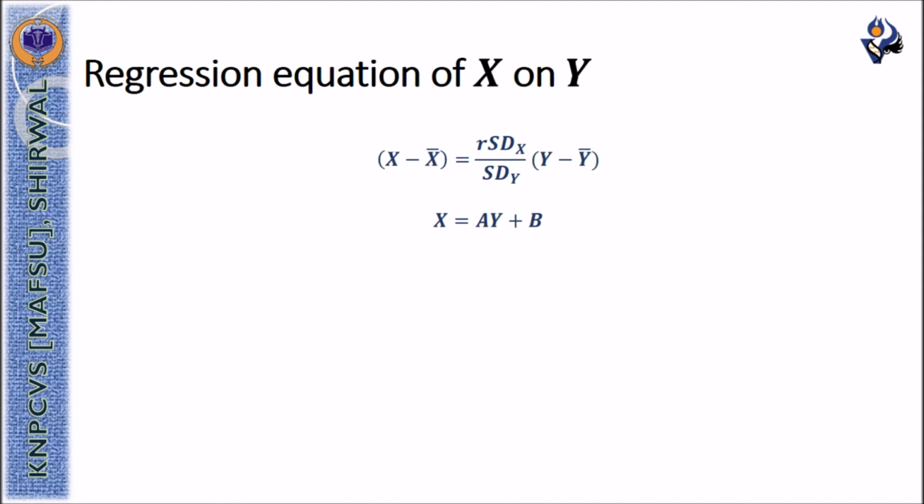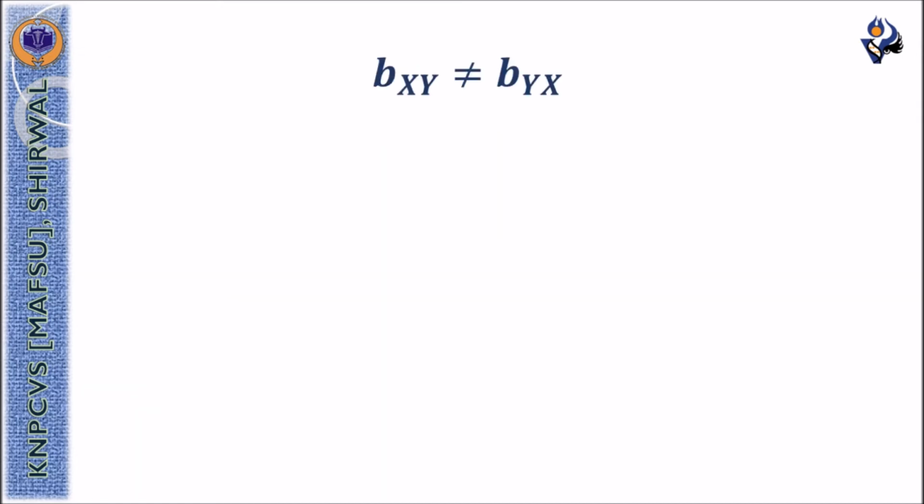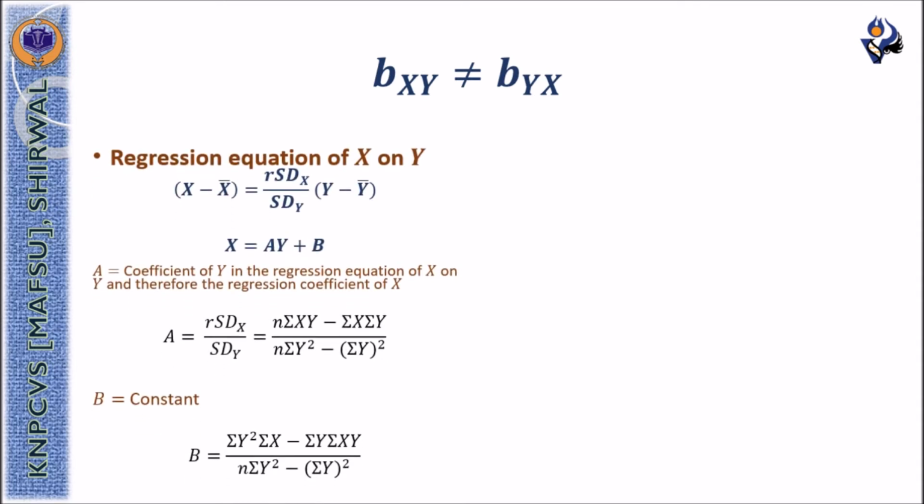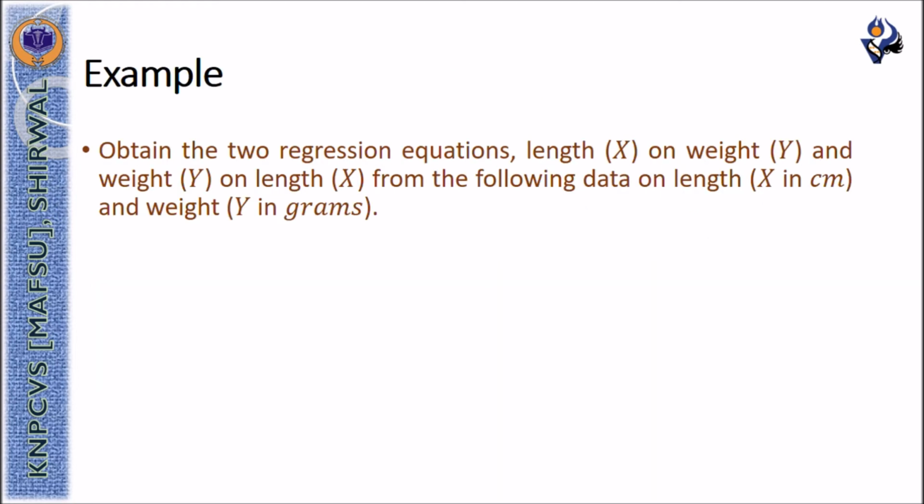The regression equation of x on y can be obtained with the formula x is equal to ay plus b. The regression of variable x on variable y will not be equal to the regression of variable y on variable x. This slide denotes the difference between the regression equation of x on y and the regression equation of variable y on variable x. For example, if we need to obtain two regression equations, length on weight and weight on length,